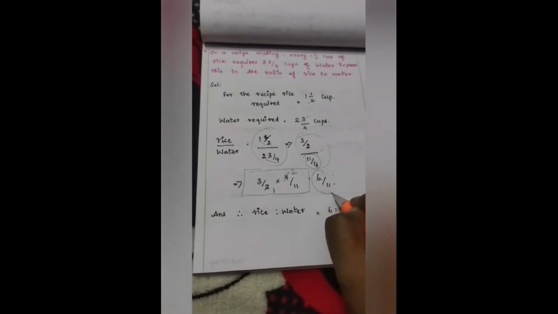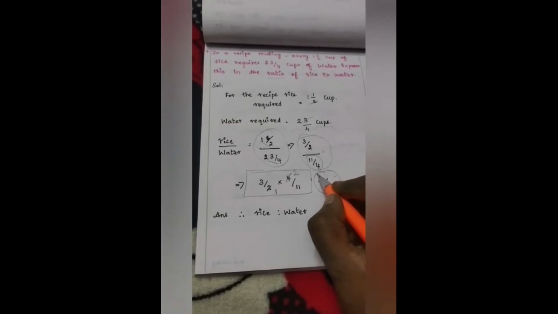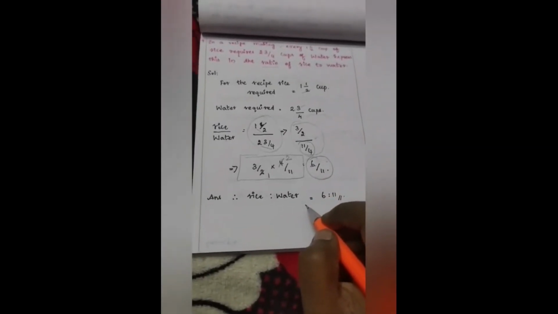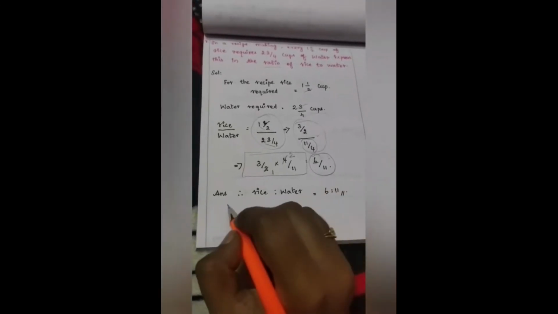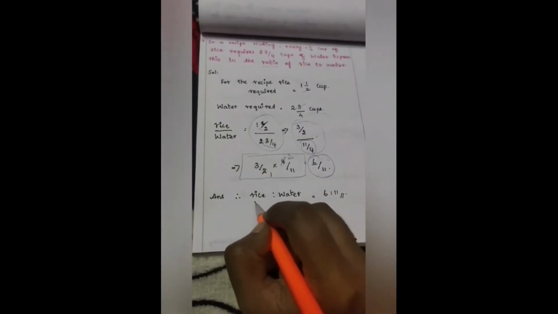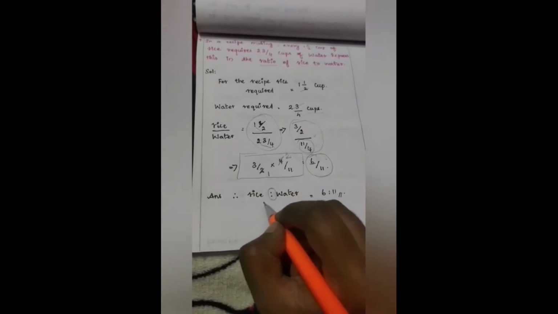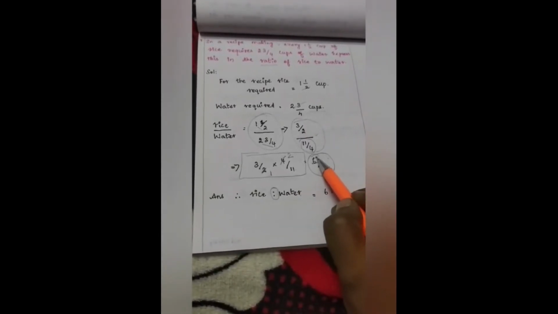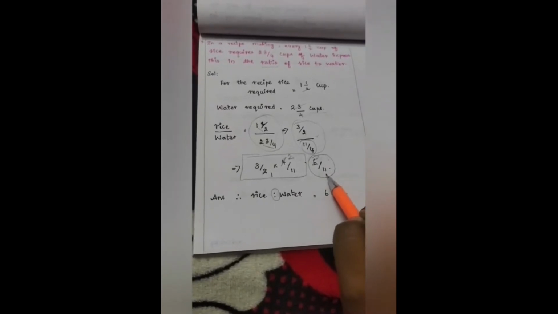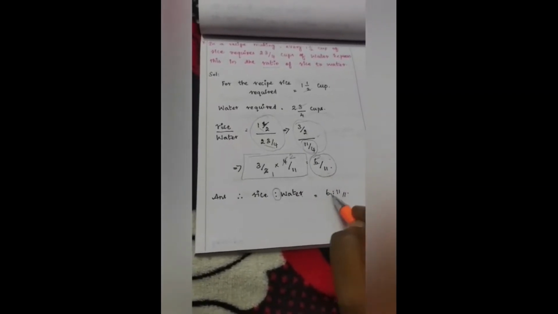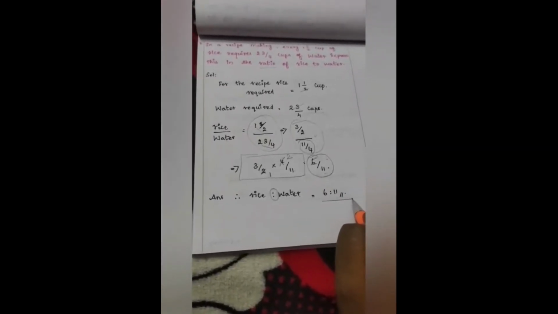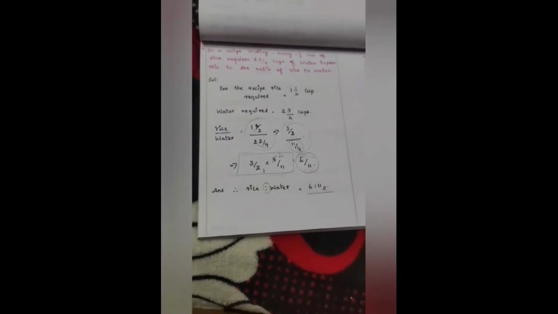They tell us to express this in the ratio form. Yes, you learnt ratio in your previous class itself. So the formation of ratio: rice is to water. How do we have to pronounce this? Is to. Rice is to water. This is the volume of rice. This is the volume of water. So I express this in ratio form as 6 is to 11. Therefore, my answer is 6 is to 11. Got it?